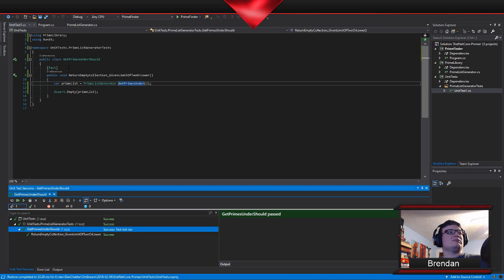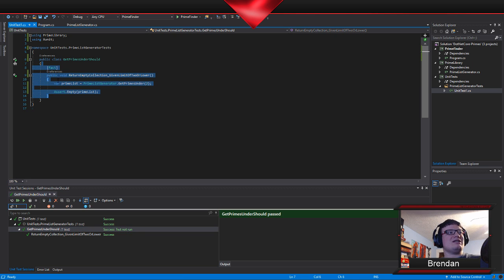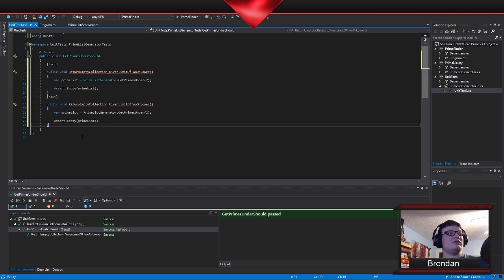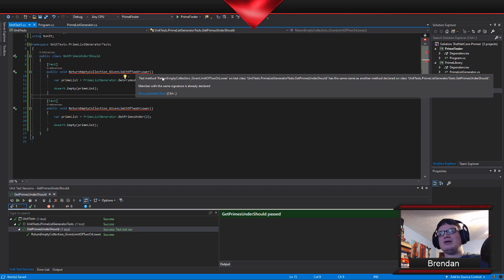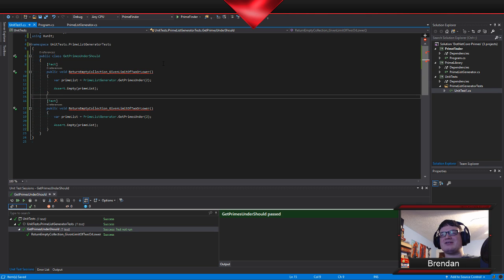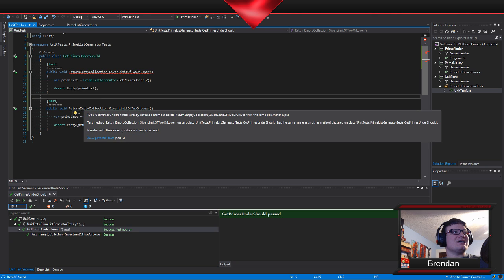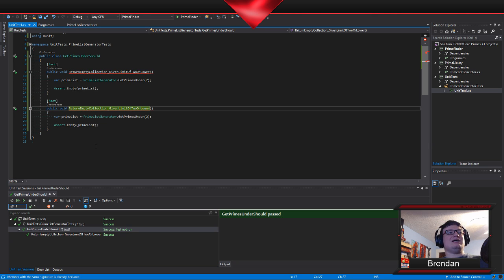Okay, cool. So the next thing I want to do is write a test that's going to fail. So I could expand on this. Right now I said limit of 2 or lower. Obviously I should put in something other than 2 when testing that also, but I'm not really ready to check that one yet. So what I want to do is say return only 2 given limit of 3.